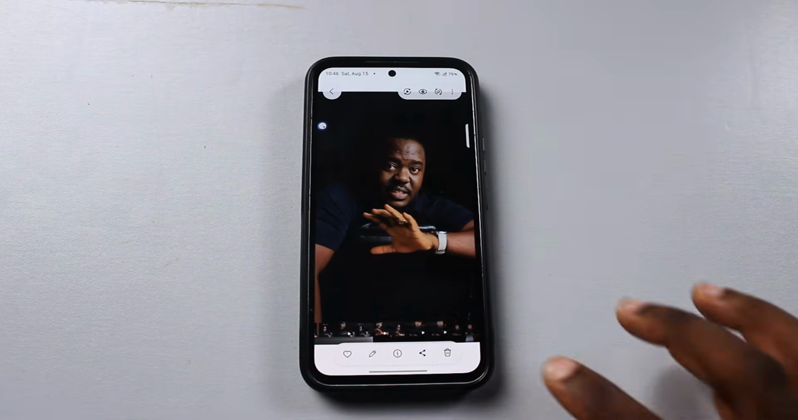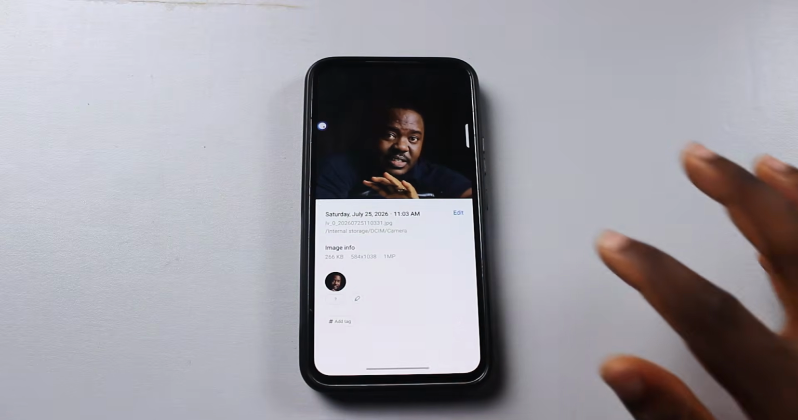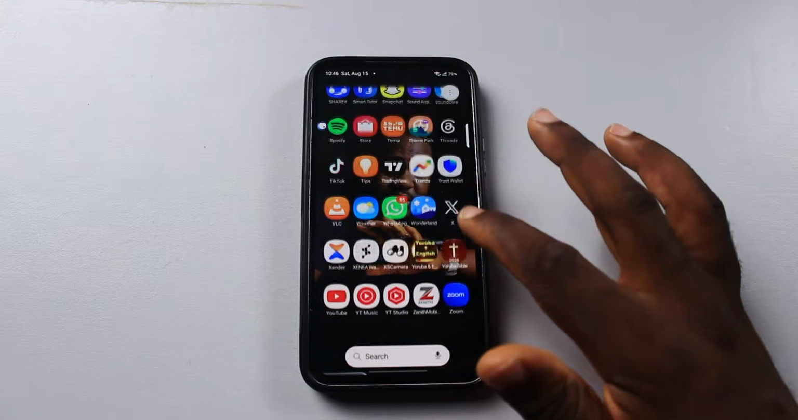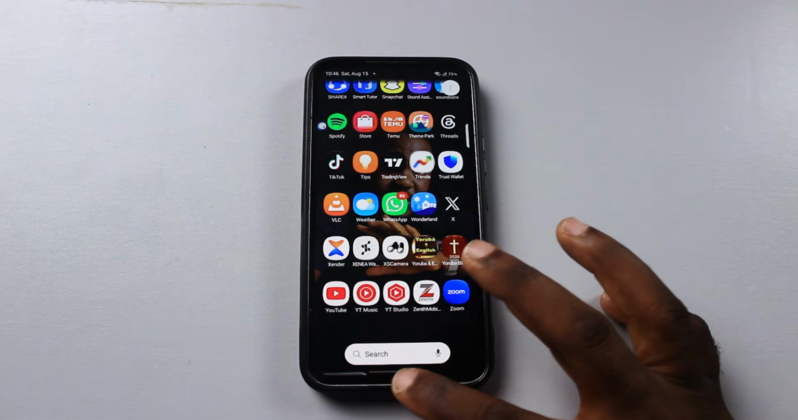Once you see changes applied to home screen, go back to the home screen, then you should see your wallpaper changed to your photo. You see that? So that's exactly how to set your photo as